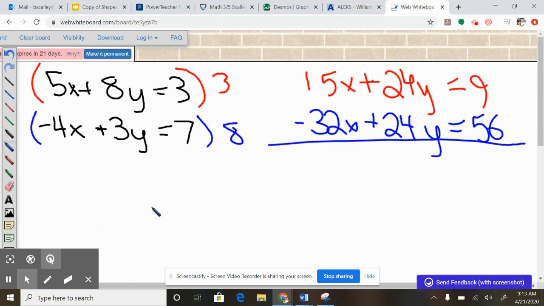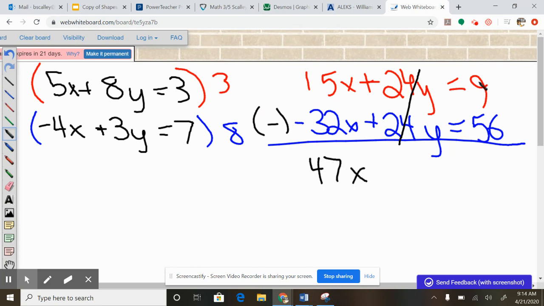So the part some of you guys are going to struggle with is you're going to say, do I add the equations or do I subtract the equations? And to answer that, you have to think about what would actually eliminate a variable. And since I have a positive 24y and another positive 24y, I would need to subtract them, because I know 24y minus 24y is going to cancel. But I have to do the whole equation. So right here I have 15x minus -32x. That minus negative turns into a plus, and I get a big